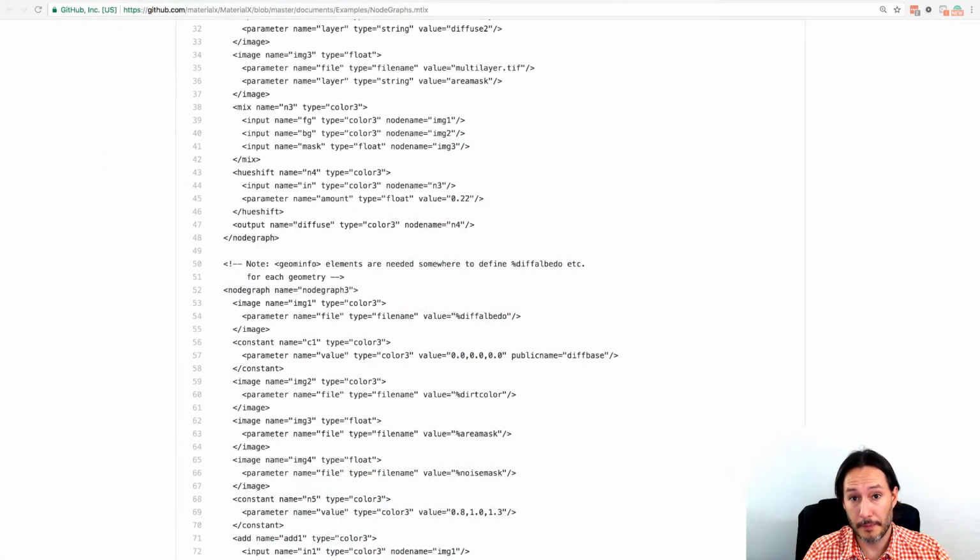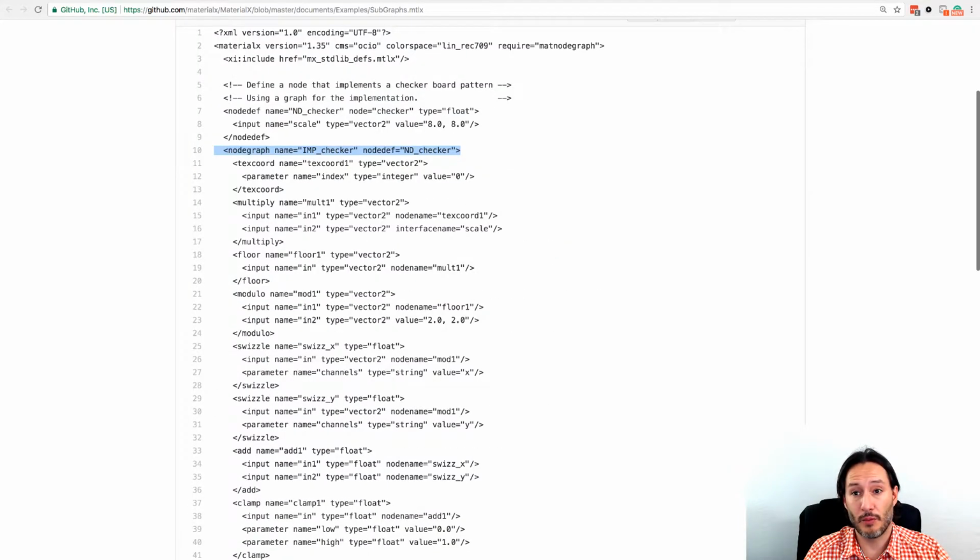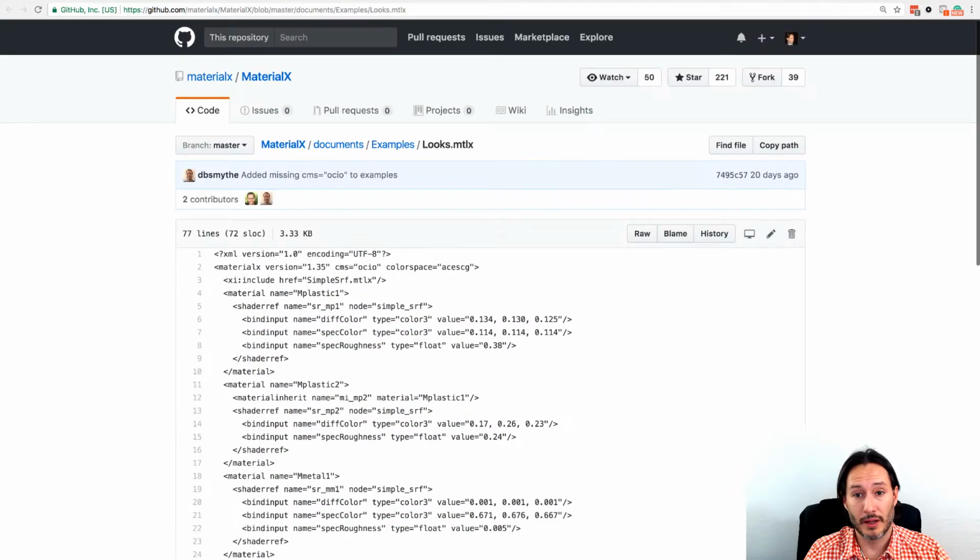So the first thing I did is I found a whole bunch of different examples on the Material X website, and that takes me to all these different files that you can see in my browser. Each one of these is a Material X file, and this is what we're going to be importing into Blender.